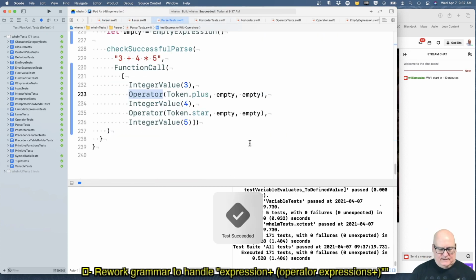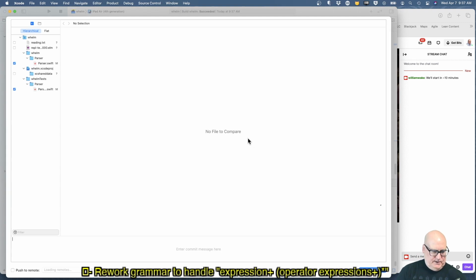All right. So we make an operator expression return a tree list containing operator nodes with empty expressions. Cool.